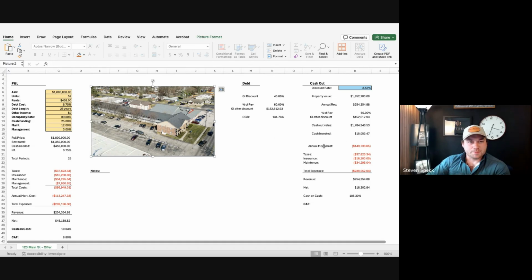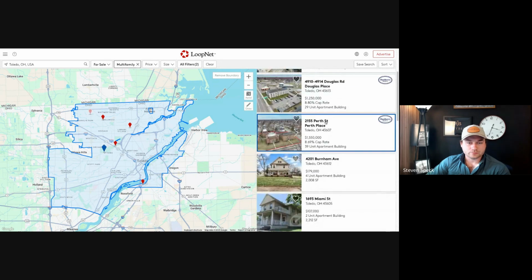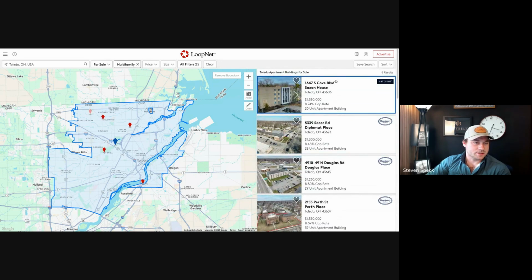I literally picked it up. If you're looking for a deal and trying to underwrite a deal, here's what you do. You go to LoopNet, you want some practice, you find a property that you like. Okay. You could scroll down. I'll even click on one. Here, I'll show you. So we're on LoopNet. We want to take a look at a deal. Let's take a look at this